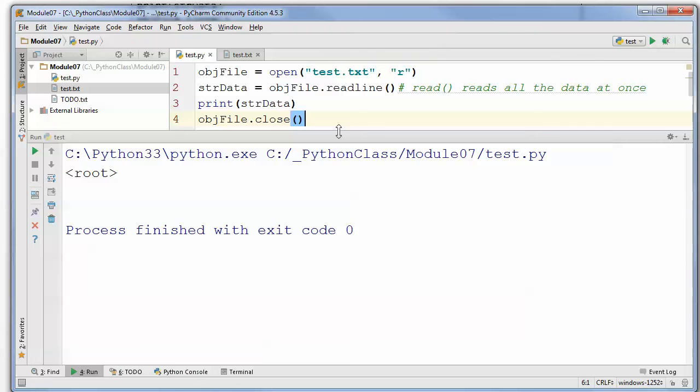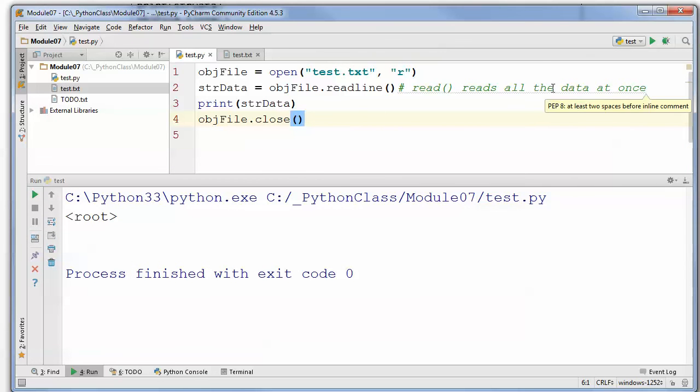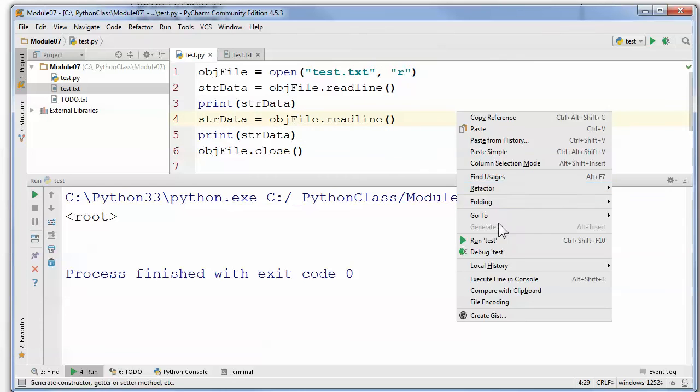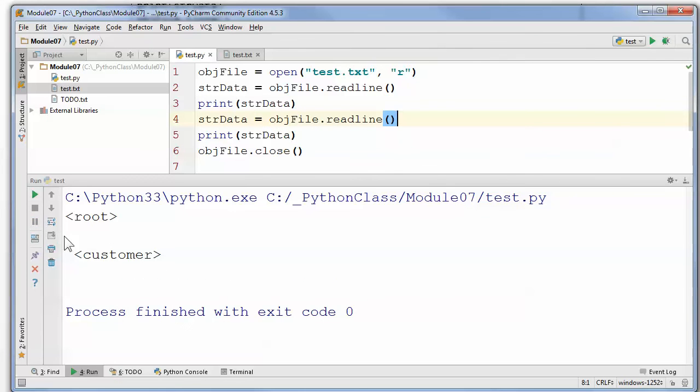And you can see that it just gets one line of data. And one thing to note is that every time you call ReadLine, it advances